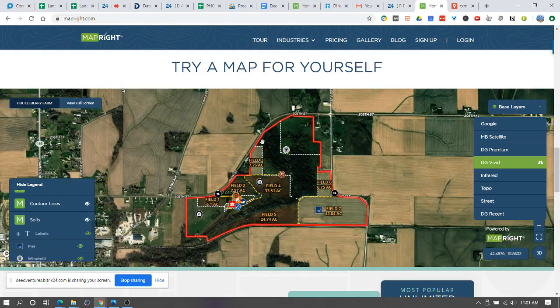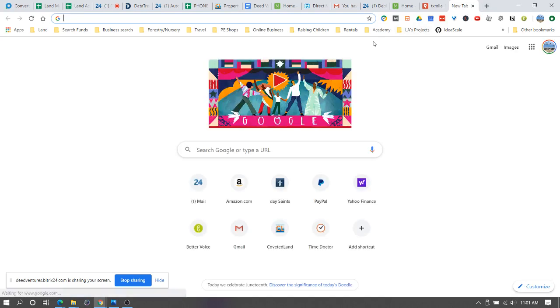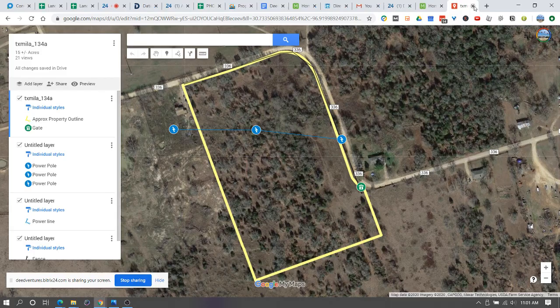No, you would need to have an account to draw the map and to let other people view it. Yeah, exactly. This is just like a sample map that they're letting you play with on their website. So I don't know. Right now, what we're doing is we're using Google My Maps, and then we're using CalTopo, right? And we're using the wetlands map service, and we're using the FEMA flood map service, and